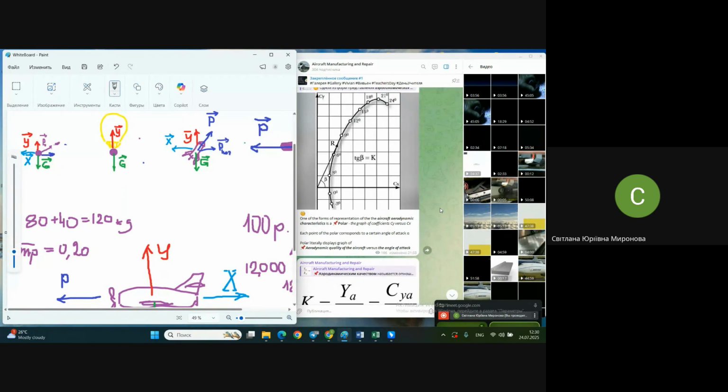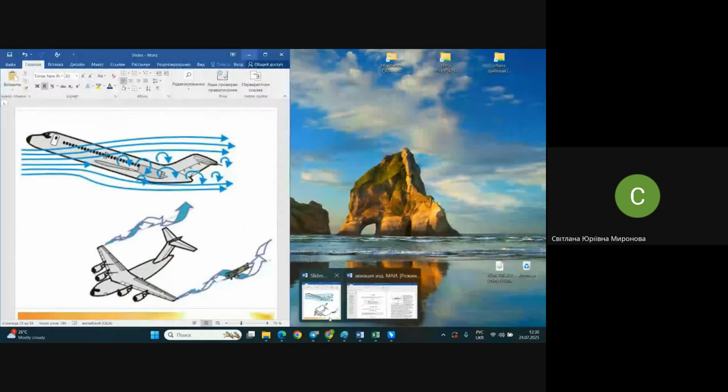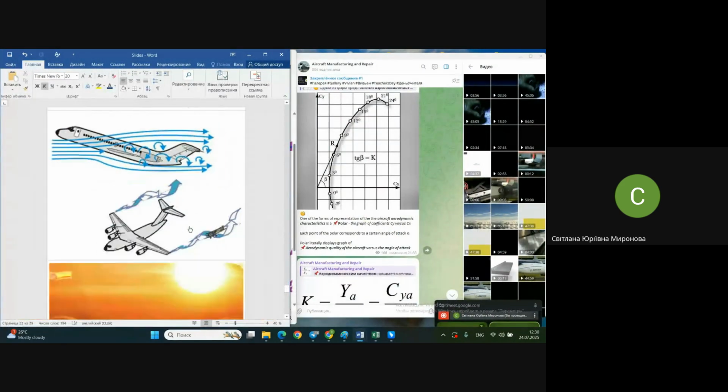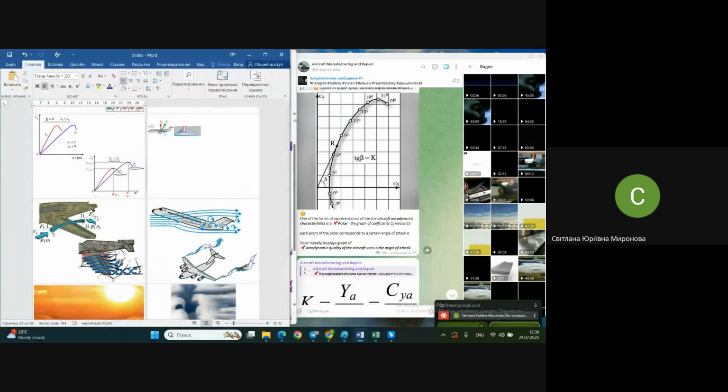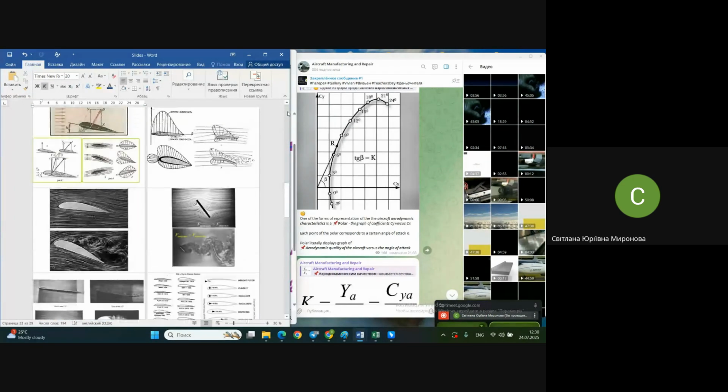Mostly they depend on the angle of attack. Mostly, as aerodynamical characteristics, we agreed to understand the coefficient of lift and the coefficient of drag. And I hope you do remember that for elementary engineering calculations, it might be used